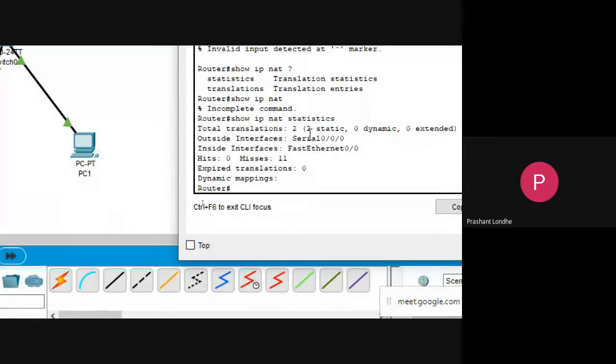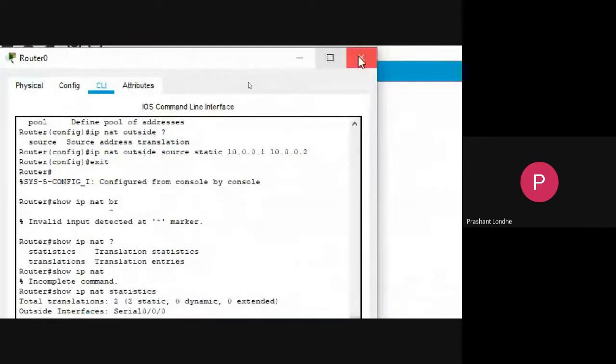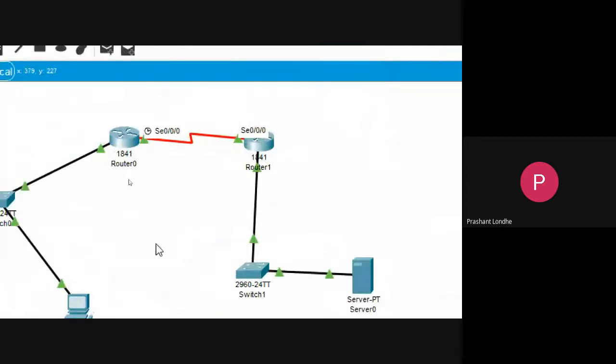So you can see, as I have done two translations. One, outside interface is serial 0/0/0 and the fast Ethernet is 0/0. Now I do not have any kind of configuration, so it is just coming as misses. There is no any kind of configuration over there. So in this way I have done with the router 0.